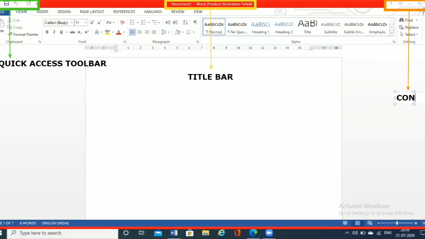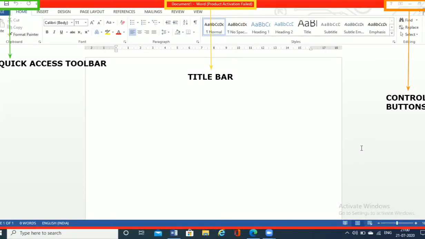Close, the cross present here, helps you to close the document which you have created. So there are three things in the control buttons: minimize, maximize, and close.